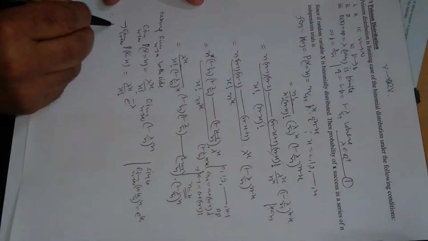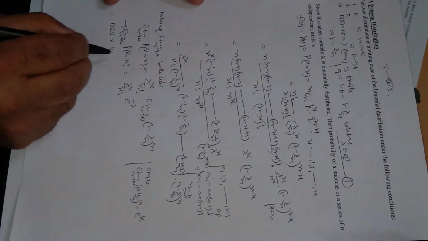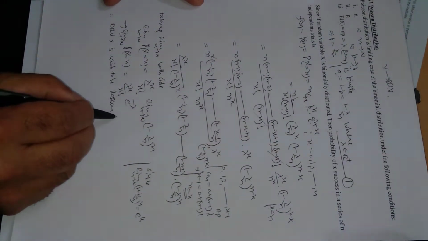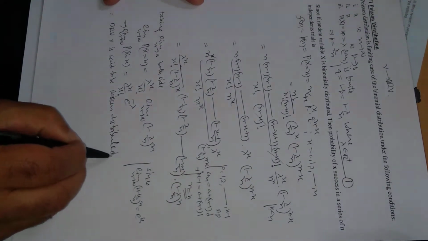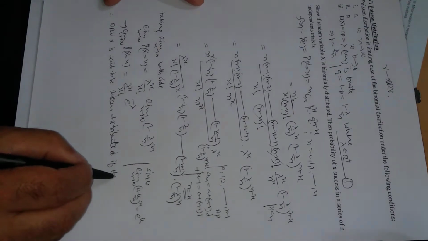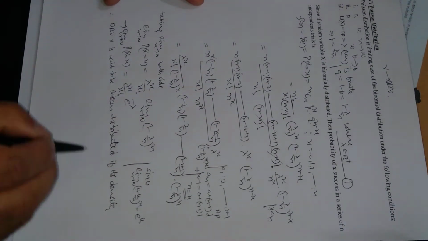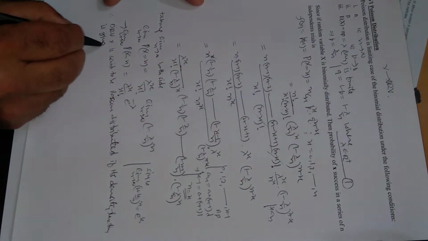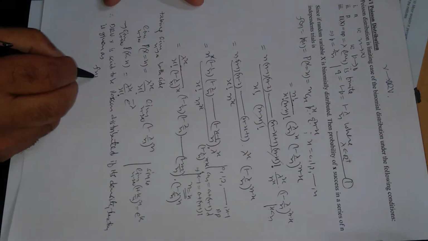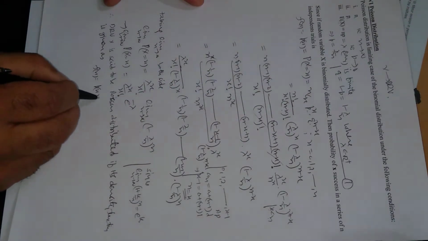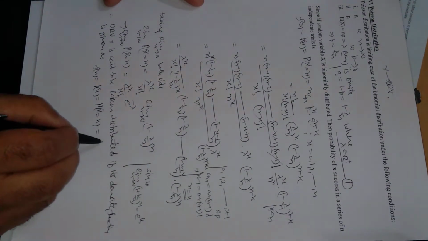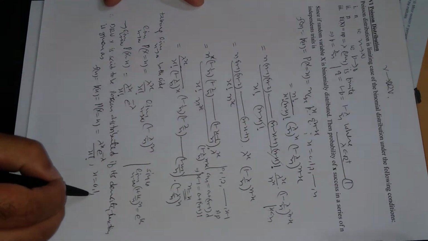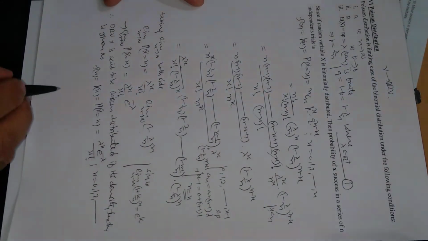Therefore, a discrete random variable capital X is said to be Poisson distributed if its density function is given as f of x, p of x, equal to lambda raised to power x e power minus lambda upon factorial x, where x is 0, 1, 2, and so on, continuing in this way. So this is the density function.